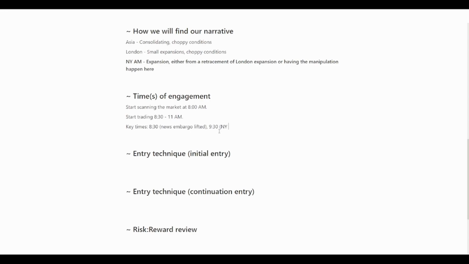That's going to be the New York opening bell. We have 10 a.m., which is going to be more news. Again, we can use that. And then generally, I don't really want to be trading anything past 10 a.m., but potentially we could have